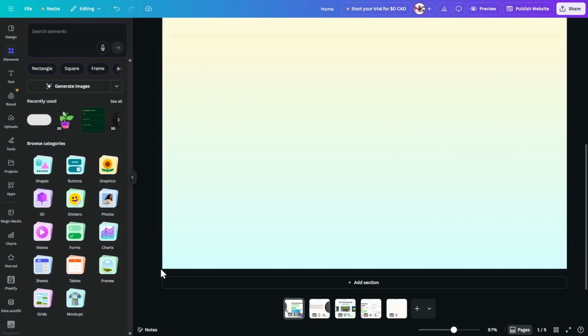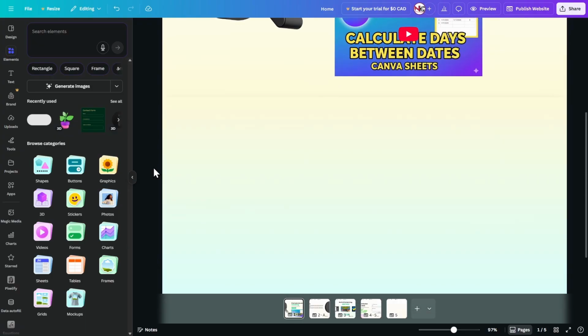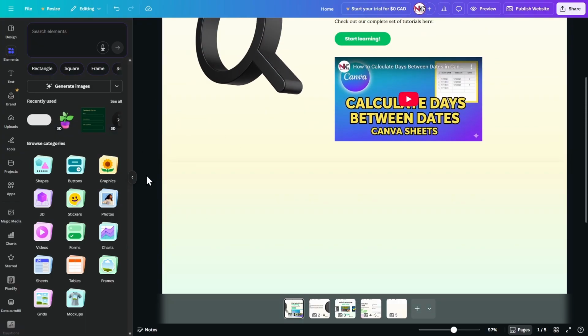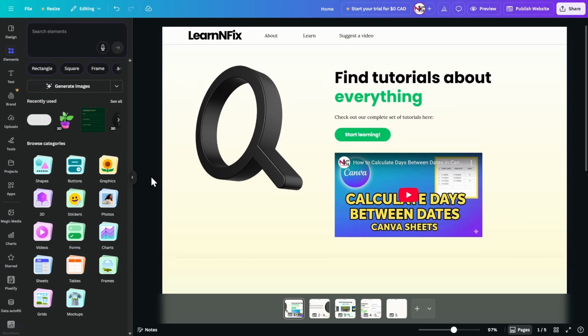And you can continue this pattern by adding more sections and then just repeating the pattern just like we did here. And that's how we can add a seamless gradient in our